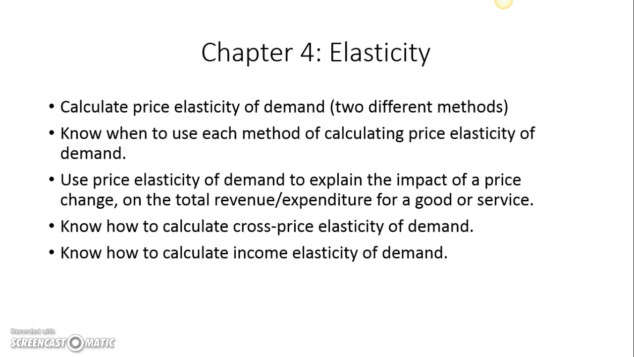Chapter 4 was all about elasticity. You have to understand how to calculate price elasticity of demand. There's 2 different ways to do it. One is the percentage change in quantity divided by the percentage change in price. You use that method when I give you 2 prices and 2 different quantities demanded of a good at those 2 different prices. And so if I give you 2 prices and 2 quantities, you have all the information you need to calculate